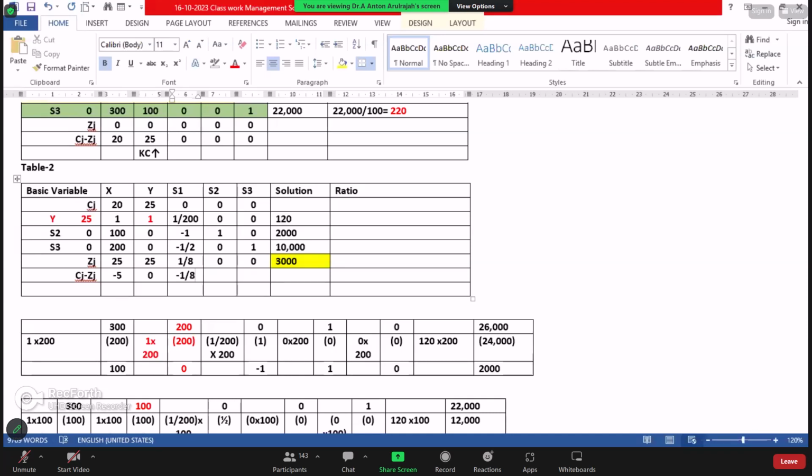This is about Cj minus Zj, this is 0. Here also Cj is 0, Zj is 0. Now you see all Cj minus Zj values are 0 or minus values. That means profit is maximized. Profit is maximized. So according to this example,